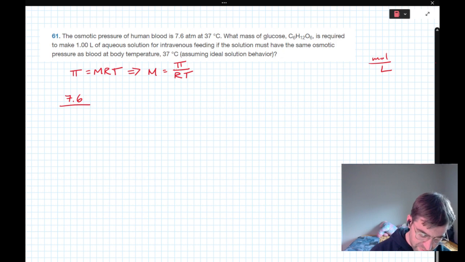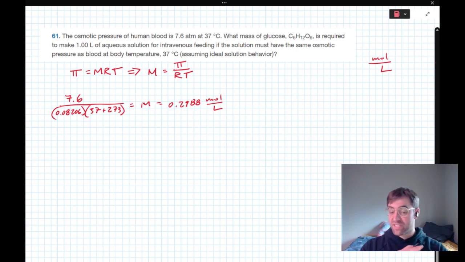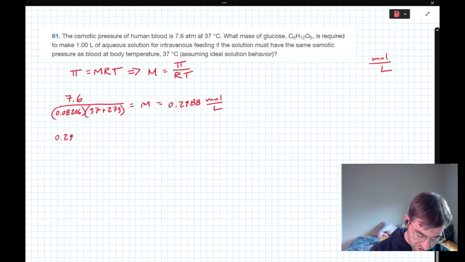We're given 7.6 atmospheres. Our gas constant is 0.08206, and our temperature was 37 plus 273 Kelvin, which gives us our molarity of 0.2988 moles per liter. We're told that we're dealing with 1 liter of aqueous solution, so we can just keep on chugging with these moles